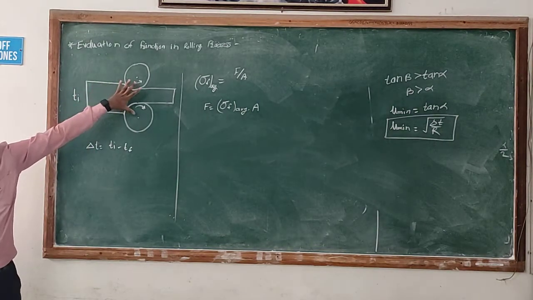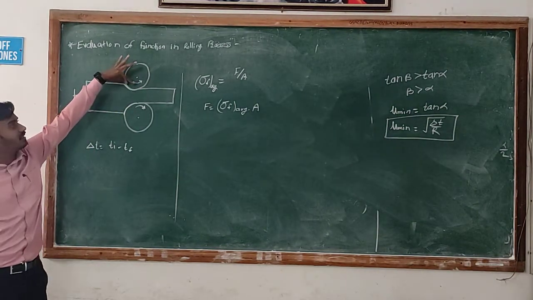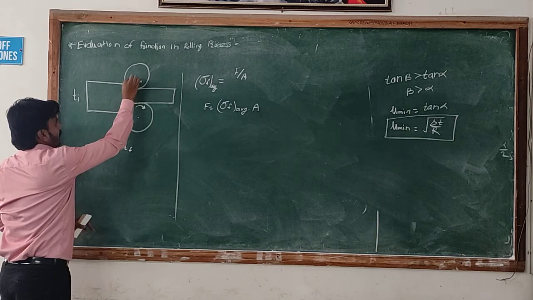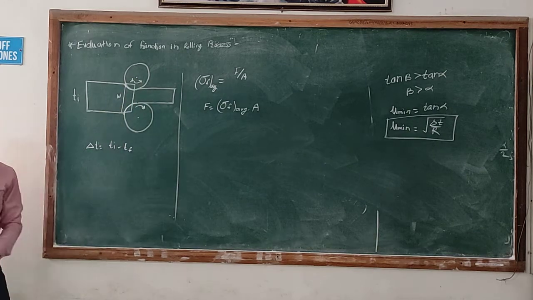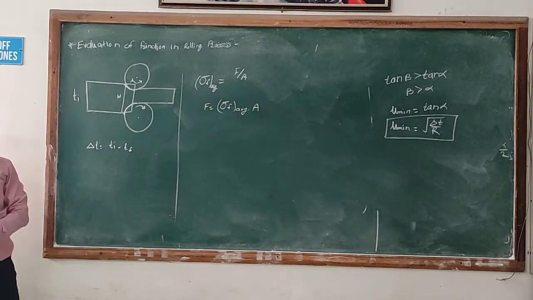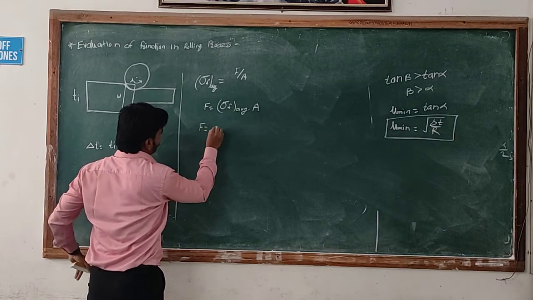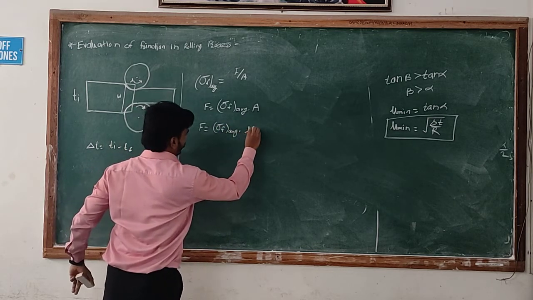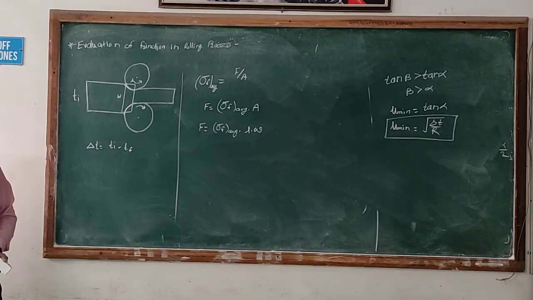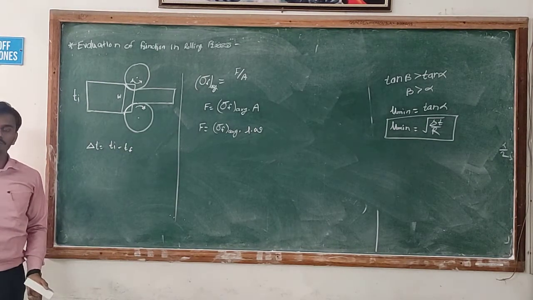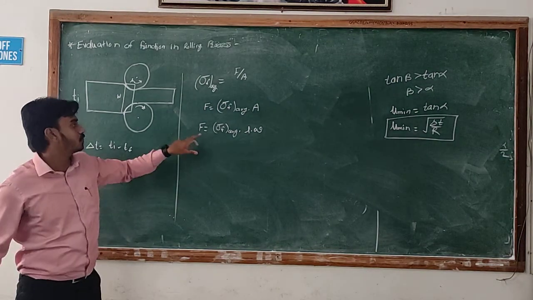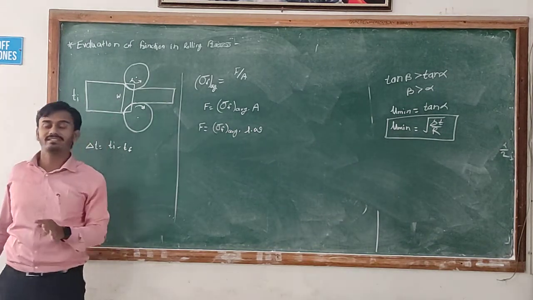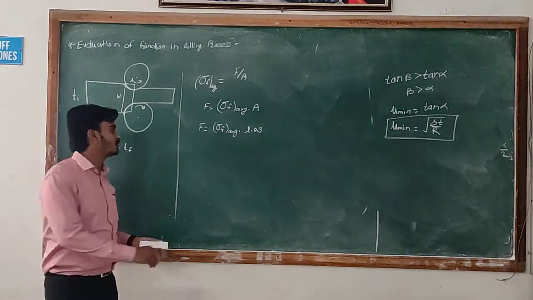And what is the area in the rolling process? In a rolling process, the area is this area, where this is our L, the contact length, and this is W. So we can write F is equal to sigma F average into L into W. Sigma F average is the value of the average flow stress, and this can also be calculated.